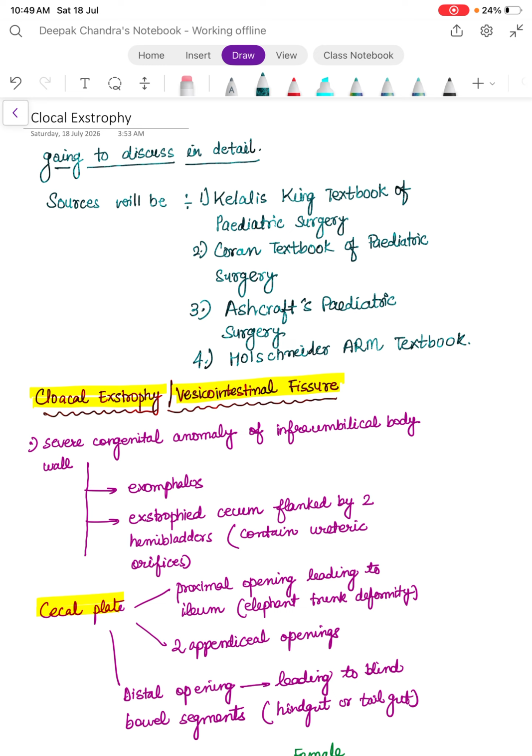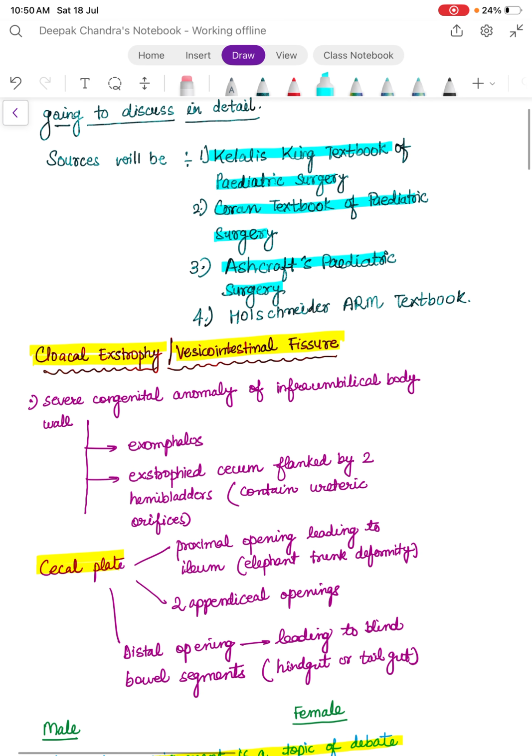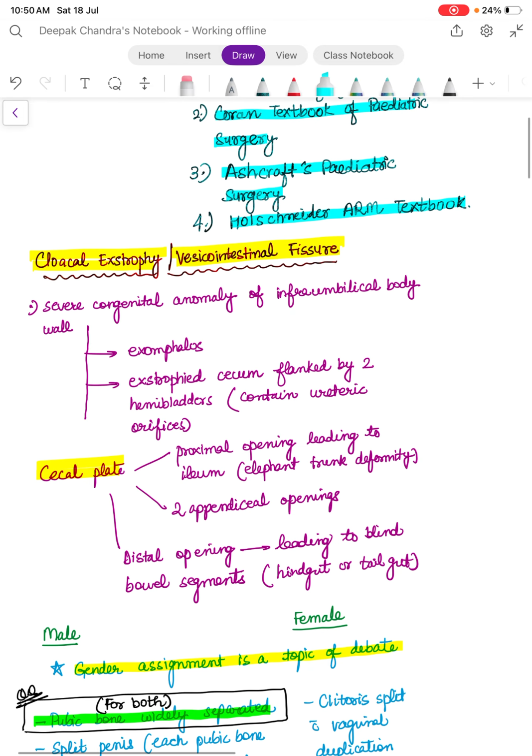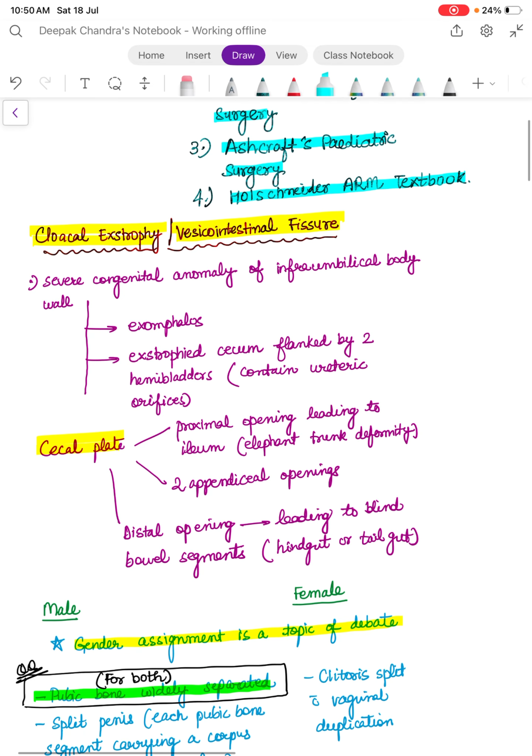These are the sources I am going to use whenever I discuss cloacal exstrophy; I have opted for these four. The first is Kelalis King textbook of pediatric surgery. Second is Coran textbook of pediatric surgery. Third is Ashcraft pediatric surgery, for which we now have an updated edition. And the fourth is the Holschneider ARM textbook. As of now, most of the content that I have taken is from the Holschneider ARM textbook. So I am going to discuss